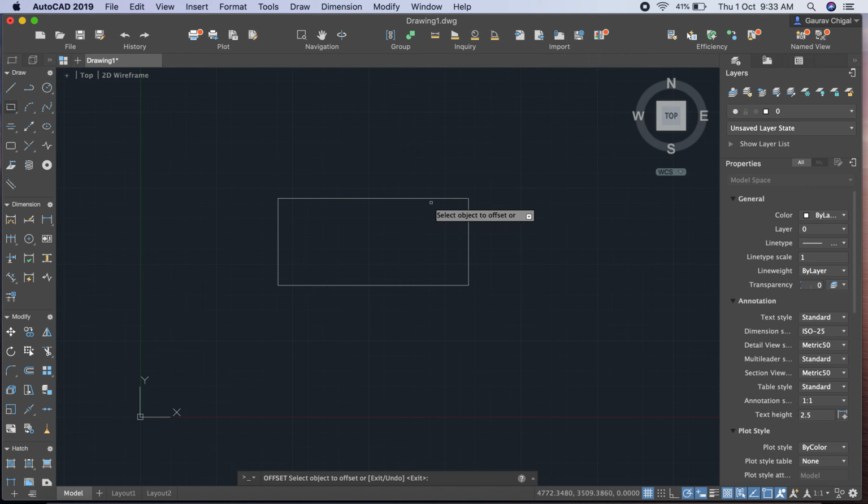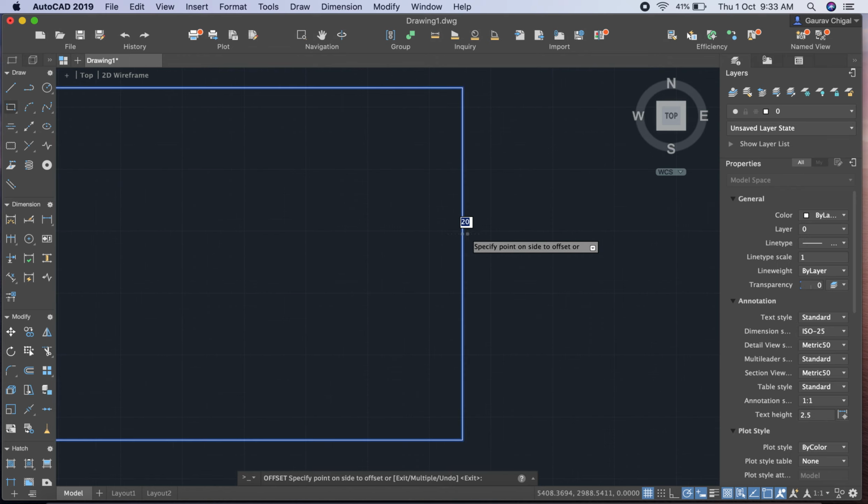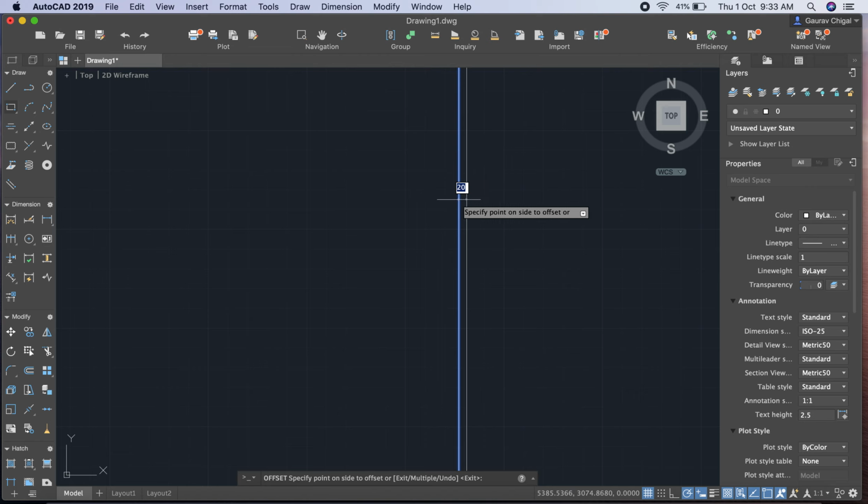Then select the objects you want to offset. I want to offset this rectangle to a certain distance value. So I just select this, and I just click anywhere on the screen. If you want your offset outside the object, then you have to make sure your click on the screen is outside the object. You can see here, this is the distance between. Now when I click outside, your offset is outside of this object, and when I click inside, my offset is inside, 20 millimeter of this object.